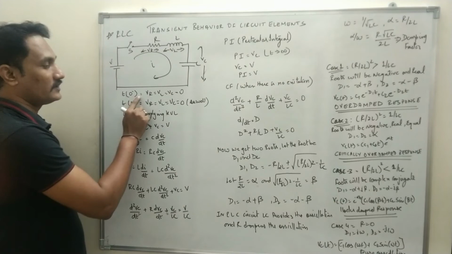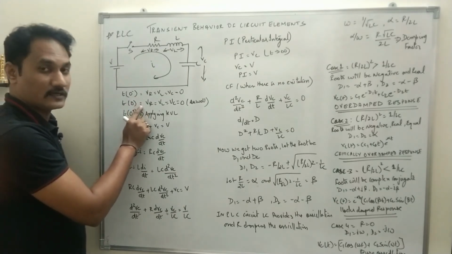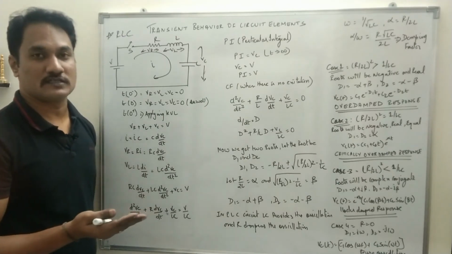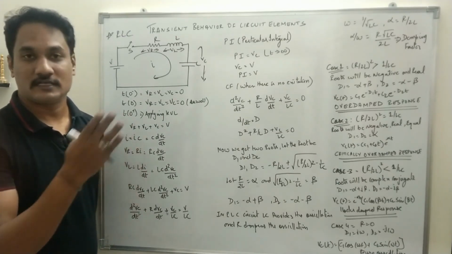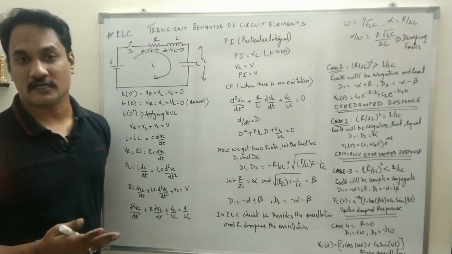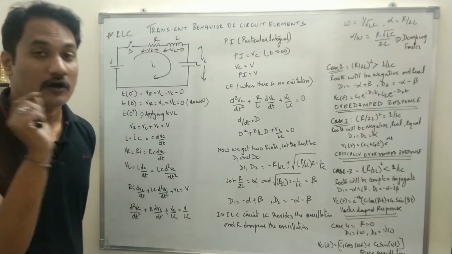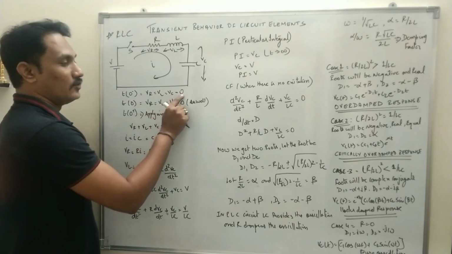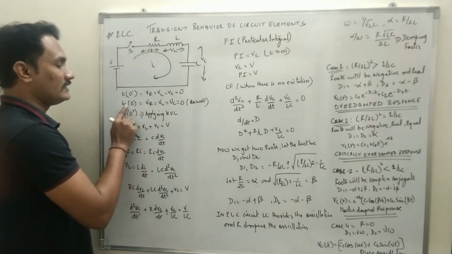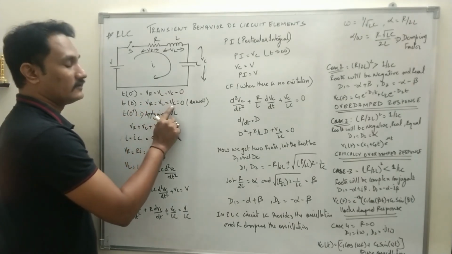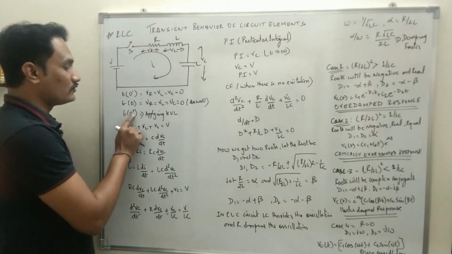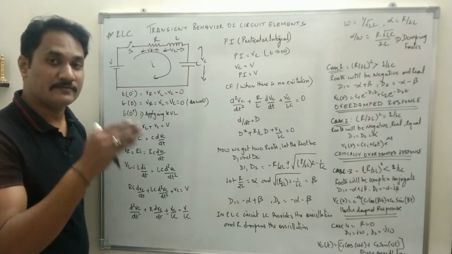Of course, for the first two conditions, what is the state? When no source is applied, or as soon as the source is applied, no current will flow through the circuit, and the potential drop across all the three elements will be 0. So VR, VL, VC is equal to 0, and in the second state also, when t is equal to 0, VR, VL, VC is equal to 0. Now once t is equal to 0 plus, that means after some time has elapsed.